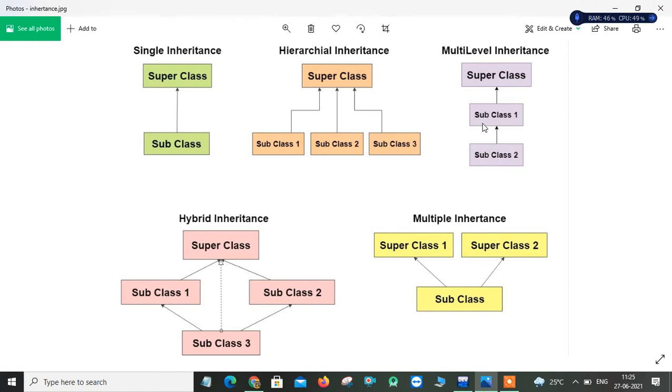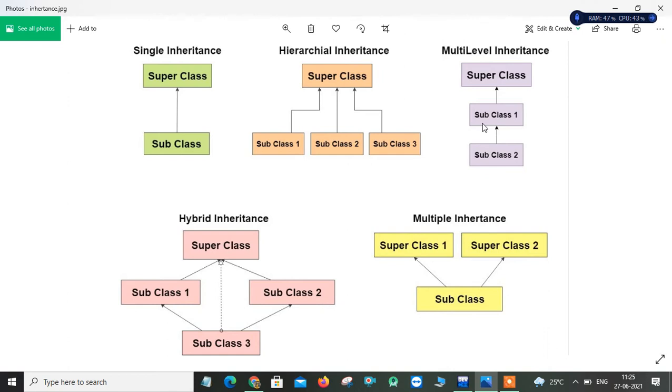We all know the concept of grandparents and parents: you get the property of your parent directly, whereas you do not get your grandparent's properties directly. Through your parents you acquire the property of your grandparent, and that is multi-level inheritance.